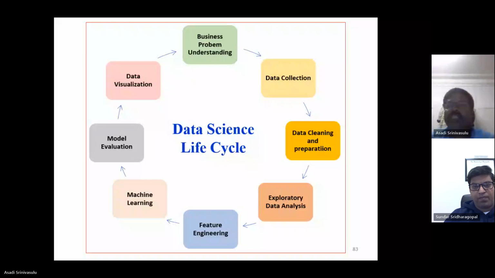Sundar, any doubt, please ask me. I'm good. Everything is clear? Yeah, good. Yeah, perfect. Then I'm moving to the first concept out of the 10 concepts I have segregated in